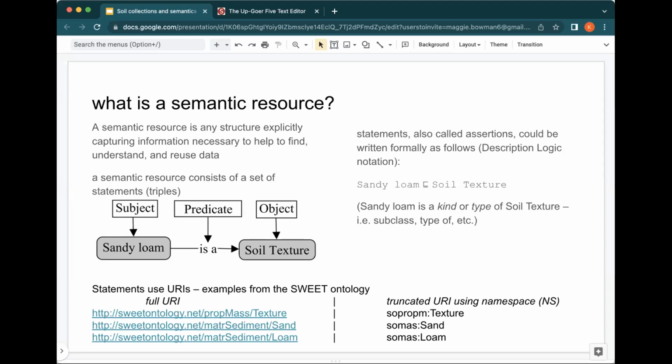The bottom section has to do with the semantic web and the idea that all the terms that we might use in our statements are mapped to a URI. It's a uniform resource identifier. And that means that, at web scale, they're basically a global unique ID. They are the globalist of unique IDs, okay? Next slide, please.